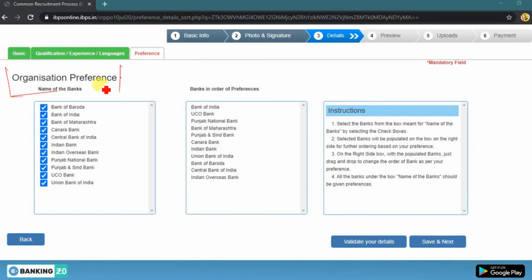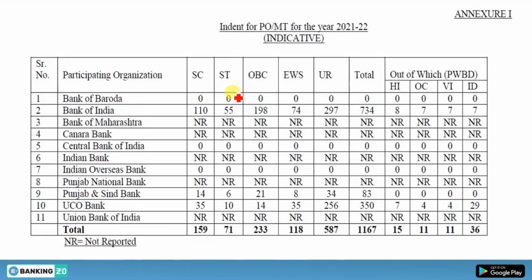On this page you have the organization preference. According to your official notification, the total vacancies were 11,667, and only UCO Bank, Punjab and Sindh Bank, and Bank of India, these three banks, have vacancies according to the official notification.